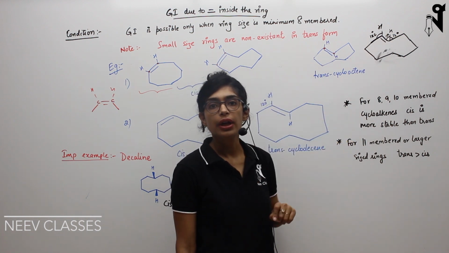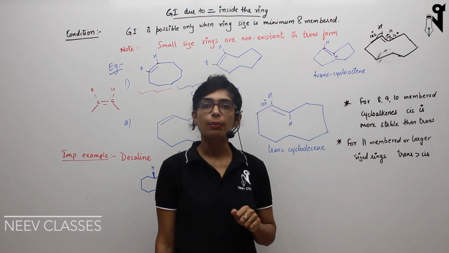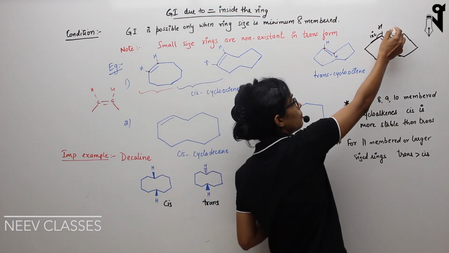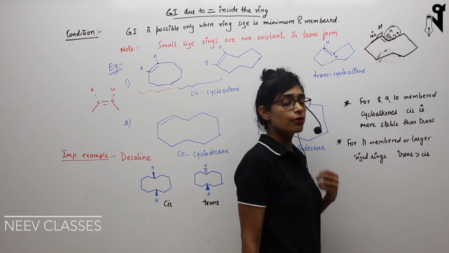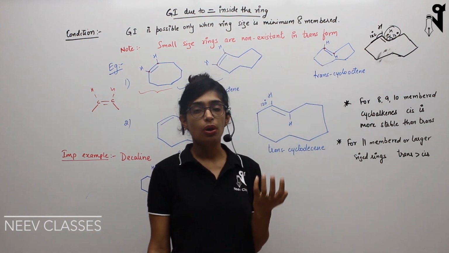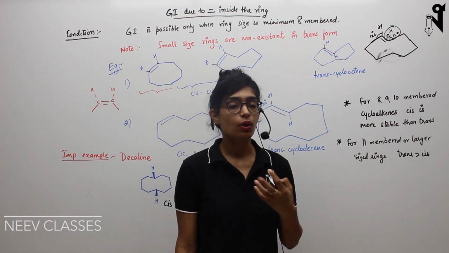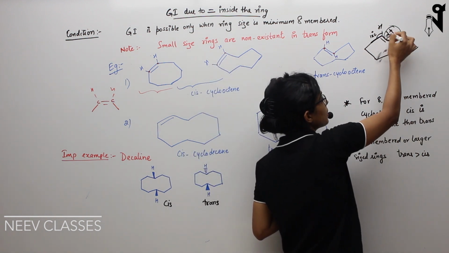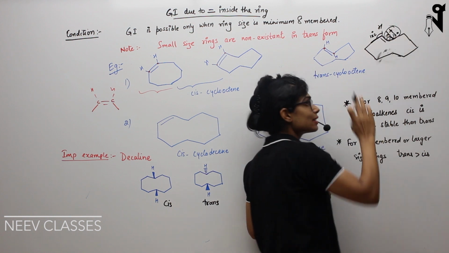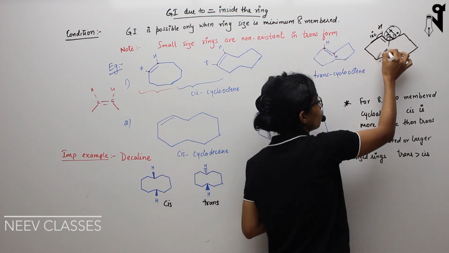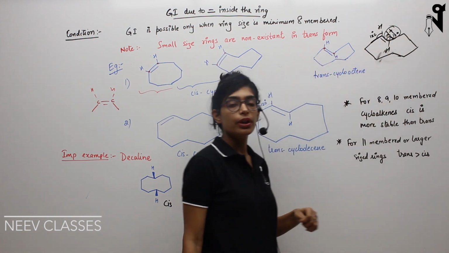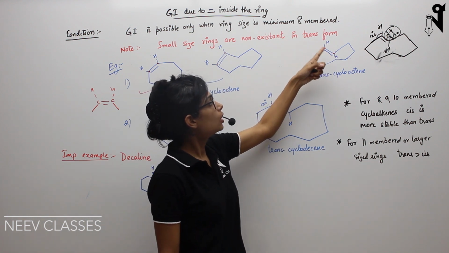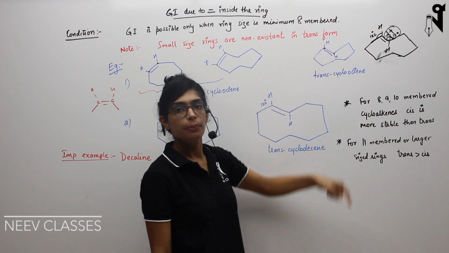Why is a 120 degree angle or approximately similar angle required? Because this is sp2 hybridized, right? So hydrogen, if I place it at this position, is going to feel a lot of angle strain. So it never places itself in this upward direction. It places itself in the downward direction whenever the double bond is formed over here. And that is why whenever the double bond forms over here, it will always form a trans shape.